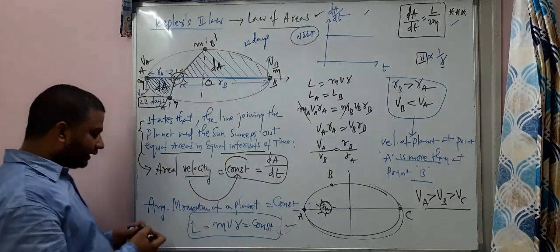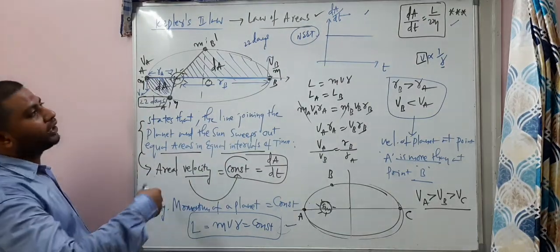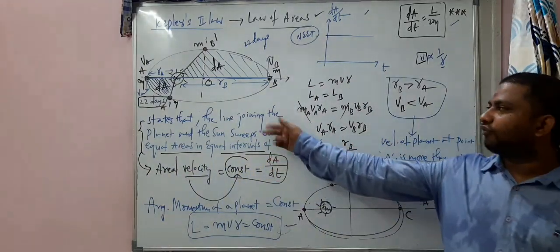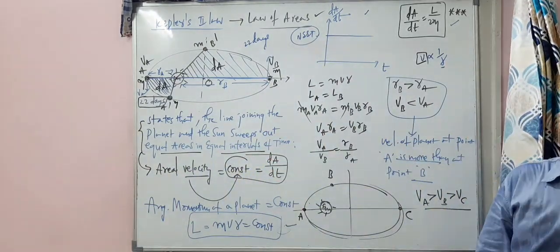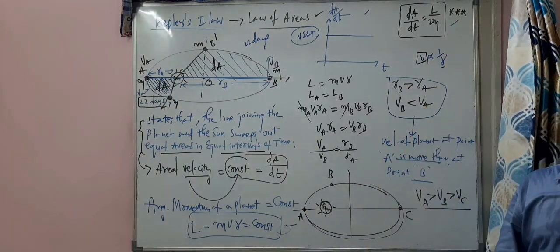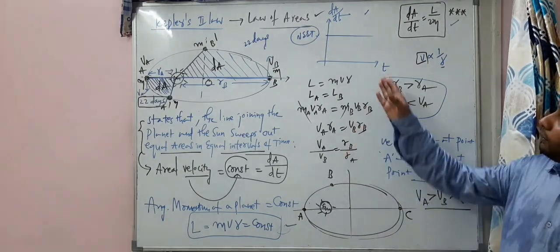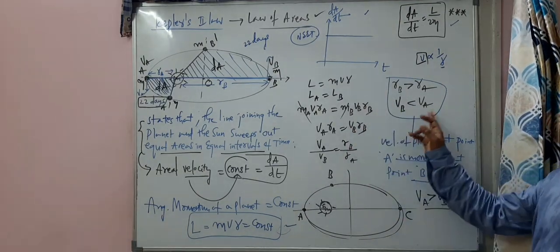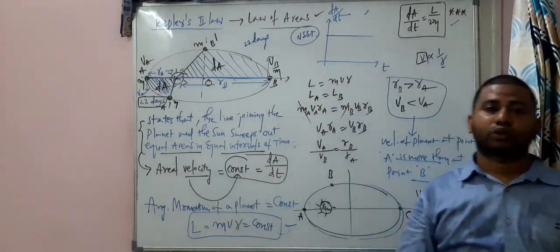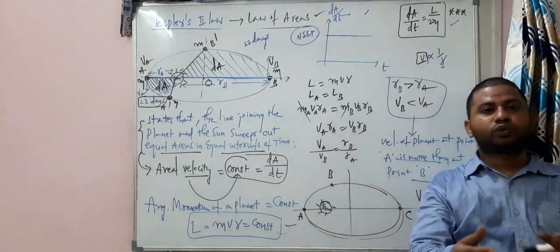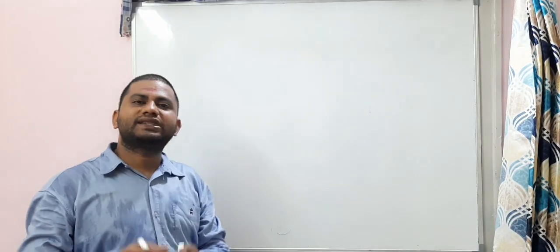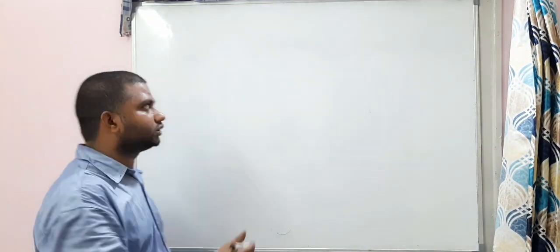So this is about Kepler's second law, and this is also a detailed discussion like the first law we have made. It's not that we simply finish just by understanding the definition. The detailed concept of Kepler's second law of motion we have discussed, and be careful about the graphs and this relation, my dear students. These 2 things are very important, right? Clear? So let's move on to Kepler's third law of planetary motion. So now the topic is Kepler's third law of planetary motion.